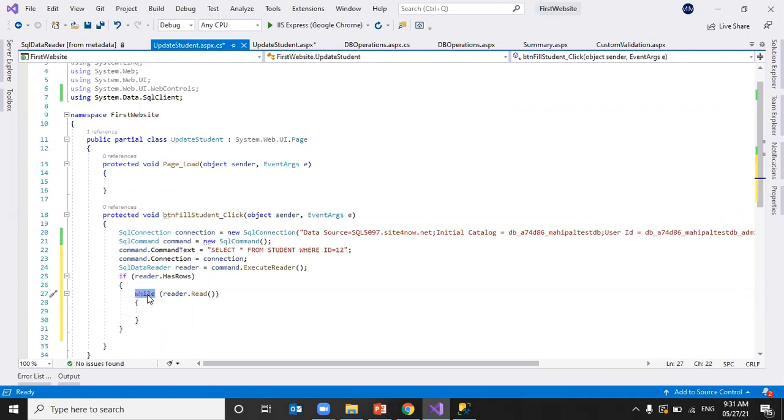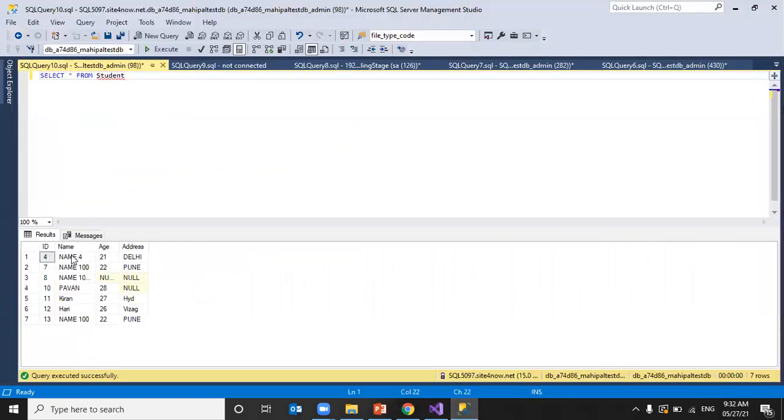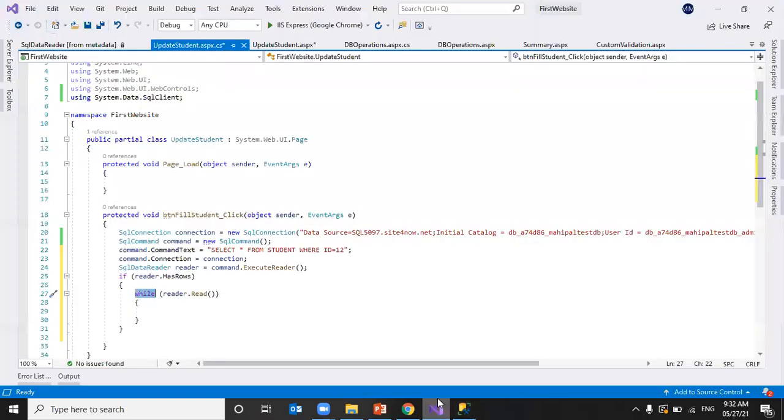Suppose I have multiple records, like select star from student, so I'll get all these details, right? To read each row, we use the read method. The read method will get this row, next, if you place it in a loop, it will get the next row, and like this the loop will continue and read the data. So while reader dot read.